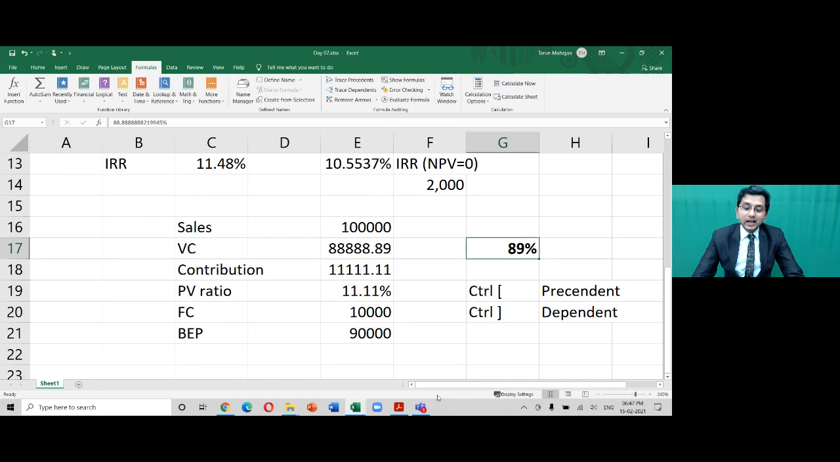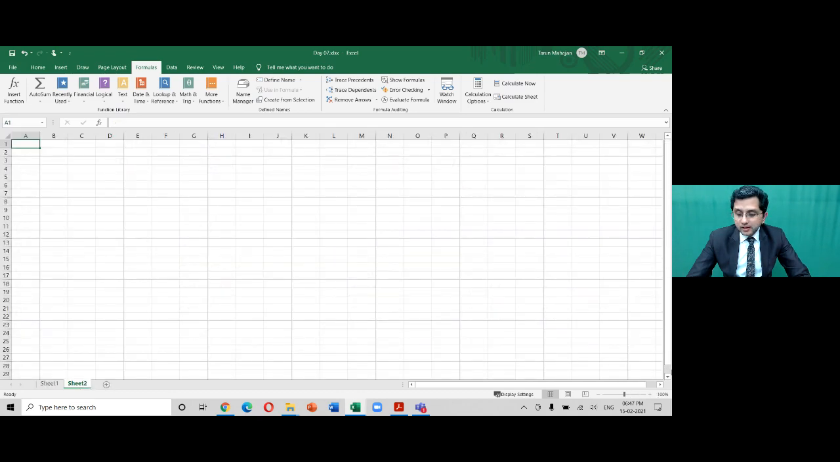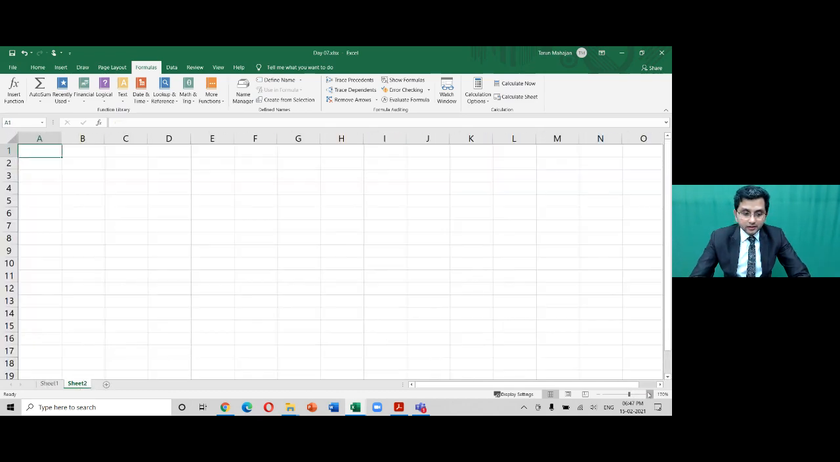Vice versa, at 89%, if I press Control and square bracket close, mind it, not the regular bracket close, it will show me variable cost. On variable cost, again Control bracket close, 11,111. Again Control bracket close, 11.11. Again this. Suppose I open one more sheet and here I say